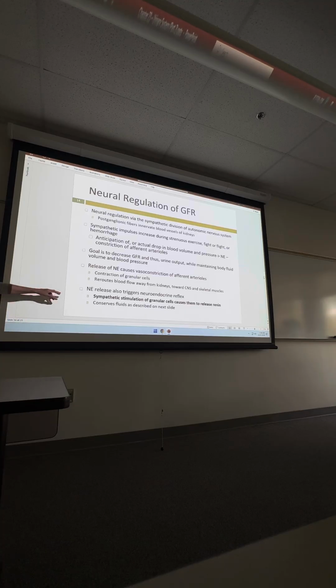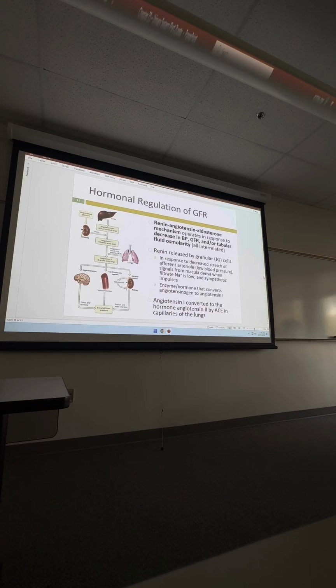And there we have it. Another sympathetic stimulation of the granular cells causes them to release renin. So we've got plenty of influence from the kidneys on the renin-angiotensin-aldosterone system. And the renin-angiotensin-aldosterone system, as you can see, starts right here in the kidneys by the production of